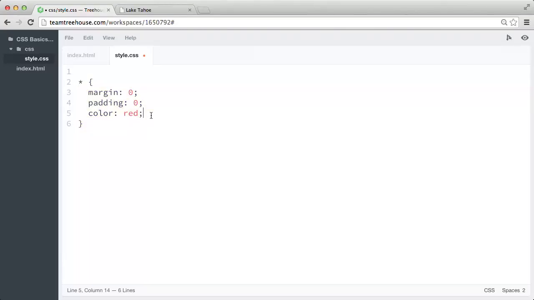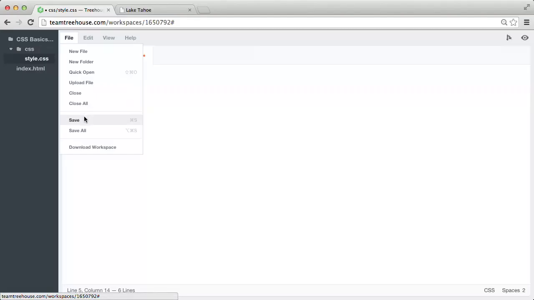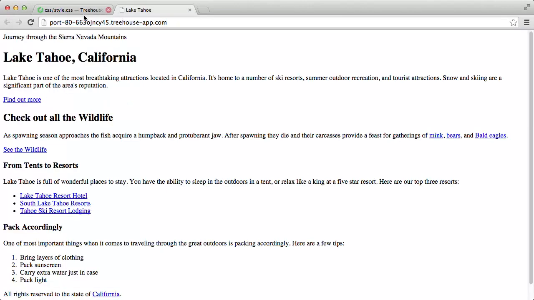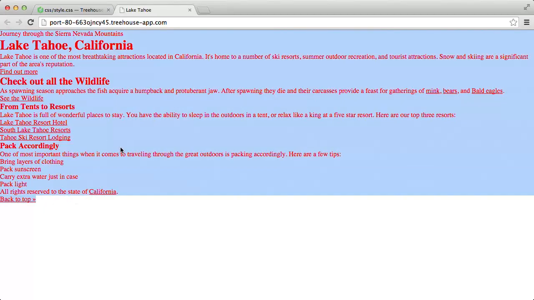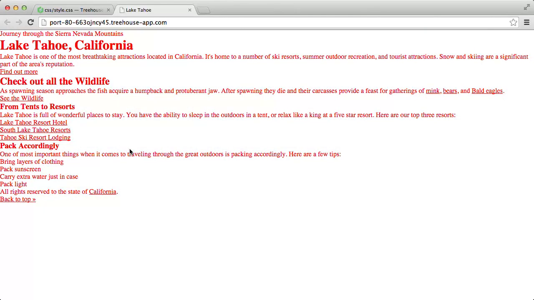So let's take a look. I'm going to save our style sheet. Then in the workspace preview, once we refresh the browser, we can see how setting margin and padding to 0 told the browser to remove all margins and padding from every element on the page, then change their color from black to red. So now all the padding and margins in the browser's default user agent style sheet are now